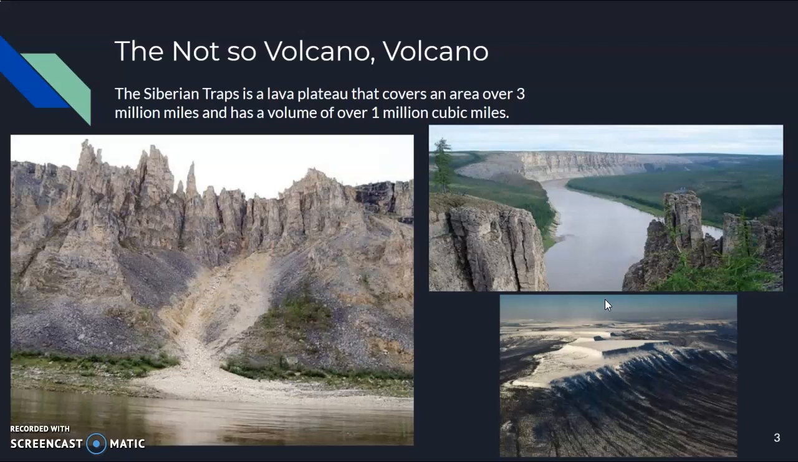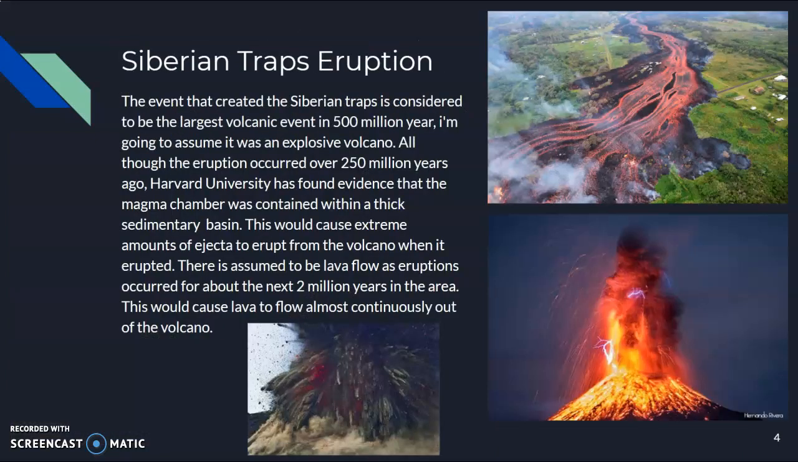It's not a volcano, it's more of a lava plateau that covers over, again, 300 million miles, and it is in the volume of about 100 cubic miles in northern parts of Siberia and Russia. The Siberian eruption was over 500 million years ago. It was very explosive. It was considered to be one of the largest volcanic events in the last 500 million years. 250 million years ago, Harvard found evidence during the time of the eruption that there was a magma chamber